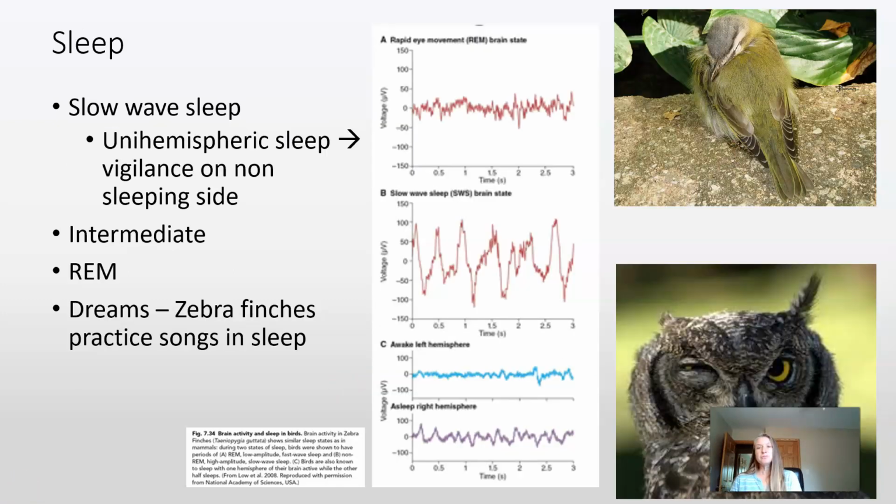All right, just briefly on sleep, to highlight some of what the book was talking about. Basically, birds do sleep. We can see brain activity with rapid eye movement, which is our deep sleep where we're dreaming. If you don't get enough rapid eye movement or REM sleep, then we don't feel very good. What they found is that birds can actually sleep on one side of their brain at a time. So here on this bottom one, this is awake left hemisphere, but sleeping right hemisphere.